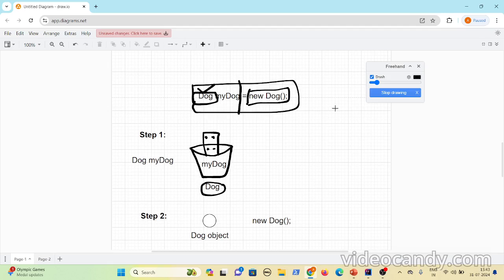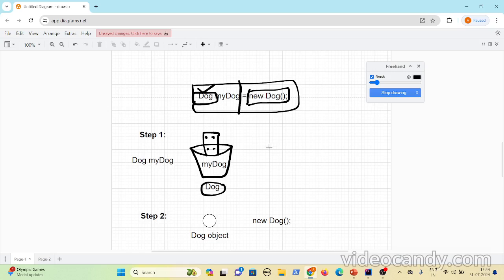Let's say you have a TV remote control and you have a TV as well. Now the TV remote control has buttons to operate channels, like to change channels and to increase the volume. But let's say you brought a new TV, would you be able to operate your TV immediately? No, you have to connect your TV remote control with your TV, then only you will be able to change the channels or increase the volume. Otherwise, if you just have a new remote control, like in the shop you have a TV and a new remote control, and if you keep pressing buttons, nothing will happen. You have to connect that remote to your TV, then only you will be able to operate it.